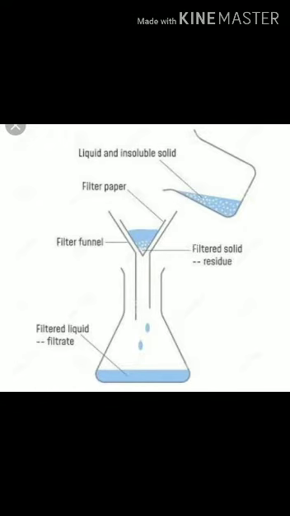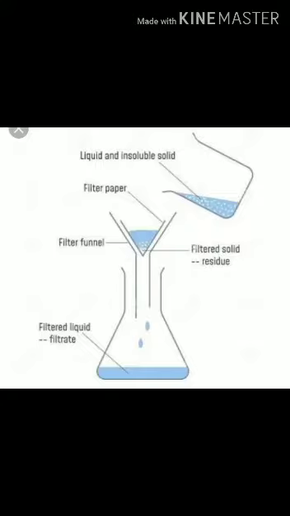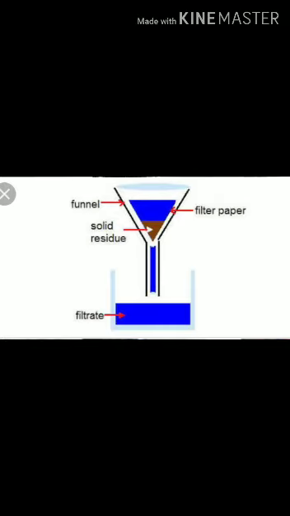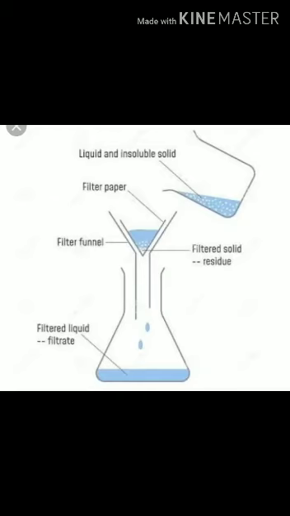Here we have to use a filter paper. Here also there is an activity, separating a mixture of sand and water using the filtration method. We need two beakers, sand and a glass of water. We put some water and mix it with sand, and then pour this liquid through the filter paper. Then we will notice that clear water is collected in the beaker after passing through the filter paper, and the sand particles are left behind in the filter paper. So this is the way by which we can separate it properly.